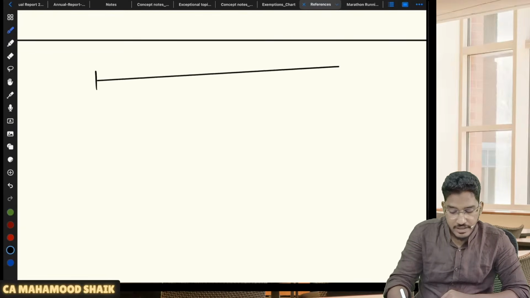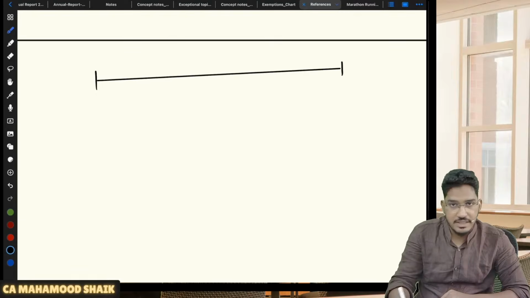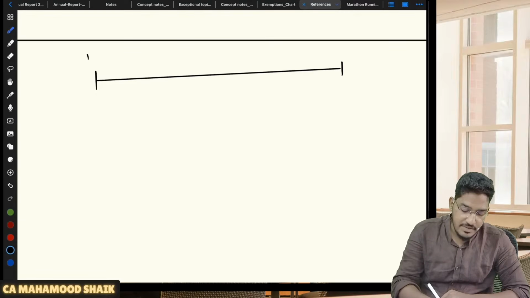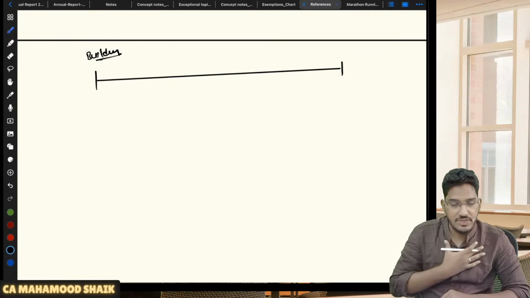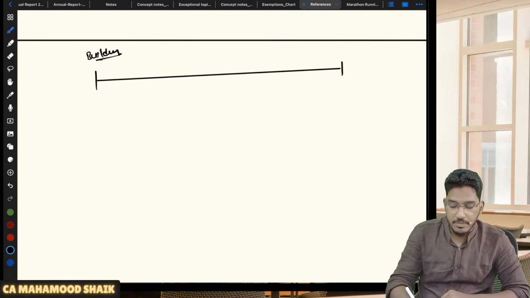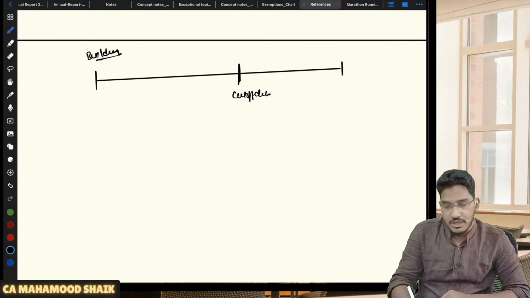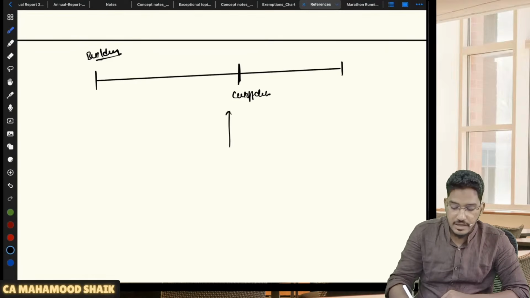In case of sale of building, whether it will qualify as supply or will not qualify as supply, that depends actually. When I say building, even apartments and flats will come here. In case of sale of a building or flat, first you have to determine one cutoff date. Sir, what is that cutoff date? Cutoff date is earlier of